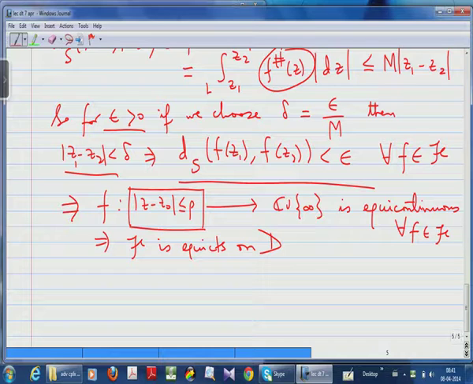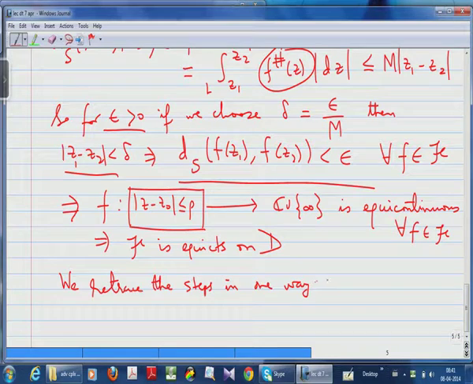So these are the steps. We retrace the steps in one way of the proof of the Arzela-Ascoli theorem